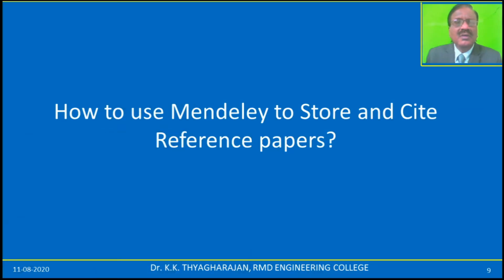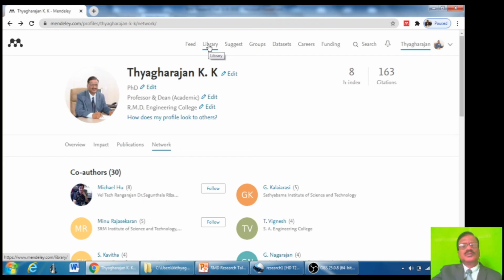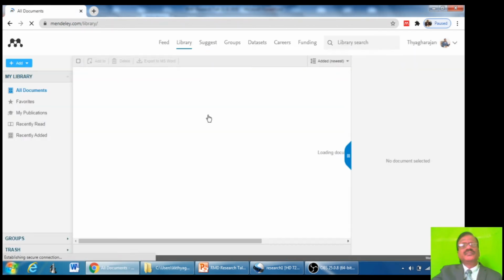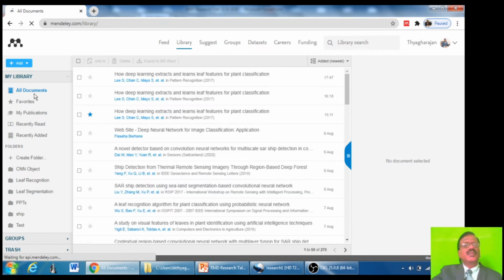So now we will see how to use Mendeley to store and cite reference papers. Now go to the library page. You will see many folders here.